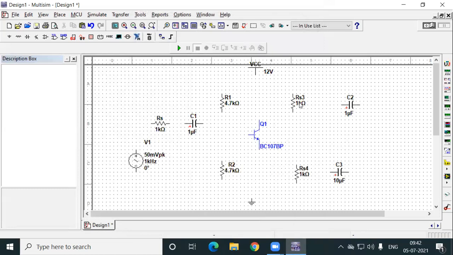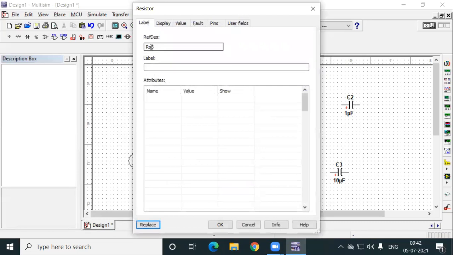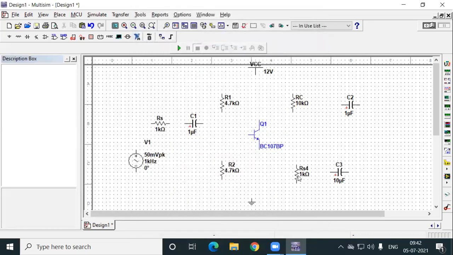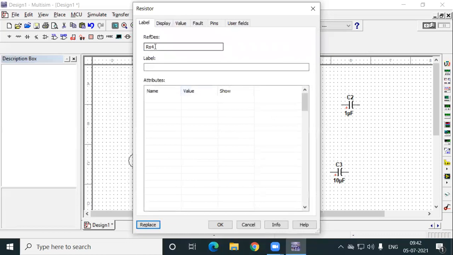Now come to the case of this resistor. That name is RC. We have kept it as RC, so I will use that only. The value of my RC is 10K. So here I want to change the value to 10K. Say okay. So this is RE.